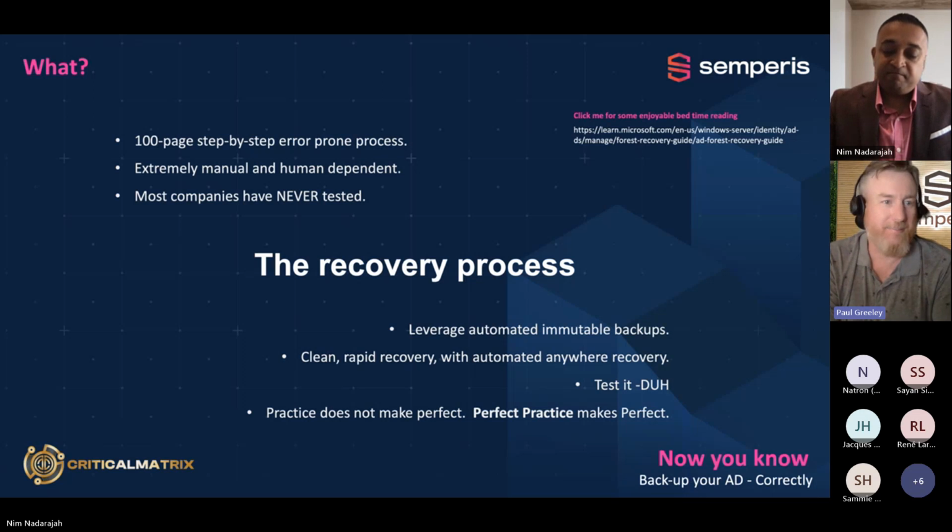And they were very confident in their backups. Like, yeah, we take them every day, twice a day. But they didn't test their backups, right? It's like Nim was saying. So in the end, pretty much we had to go back 21 days to find a viable backup. And this is the thing, no one's testing right now, right? So everybody just assumes that they're going to work, or they're taking a full server backup, right? But really,